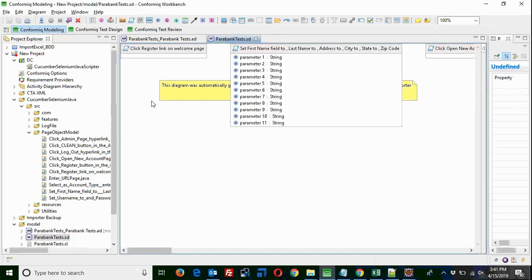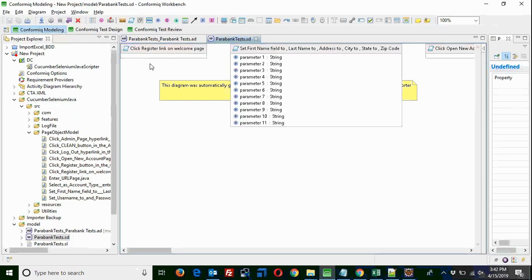I'll tell you one important secret here. In the model, we are keeping the natural text as it is. Say, click register link on welcome page. Ideally, if I do natural language processing, I can find out that because there is a page word, it is a welcome screen, and because it is a link, I can put a register. I can really do this kind of reverse engineering and create a screen welcome and a link register. But there will be a lot of issues like that. That's why we did not take the risk here in the model.